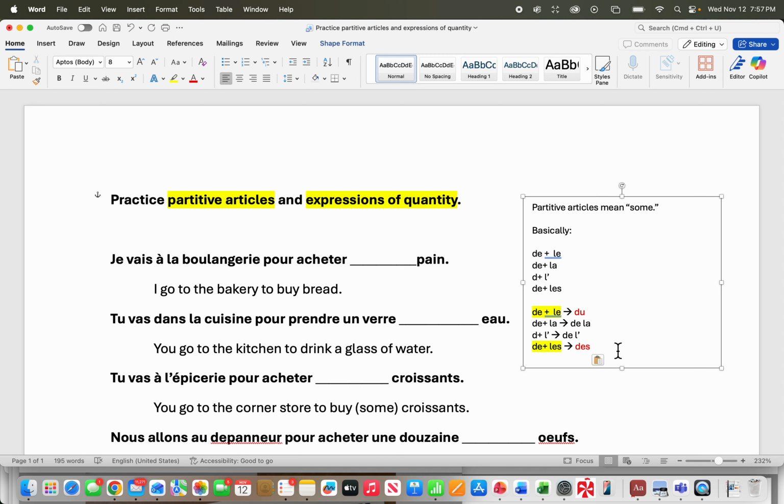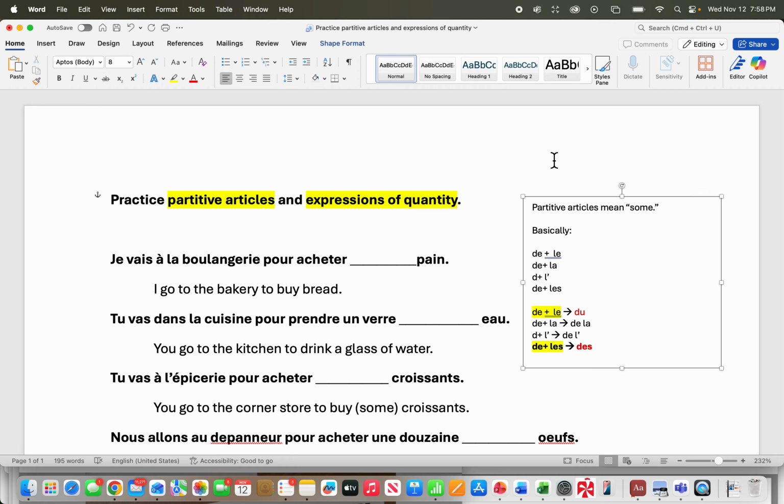If you have a French-speaking parent or relative at home, they might be freaking out that we're teaching you that de is a partitive article. When I was learning French, de was not considered a partitive article. De was a plural indefinite article. Remember, un, une, des. But grammaticians nowadays are saying it's actually a partitive article. It means some. The difference between this some right here and these sums is that these ones here are not countable, whereas this is countable.